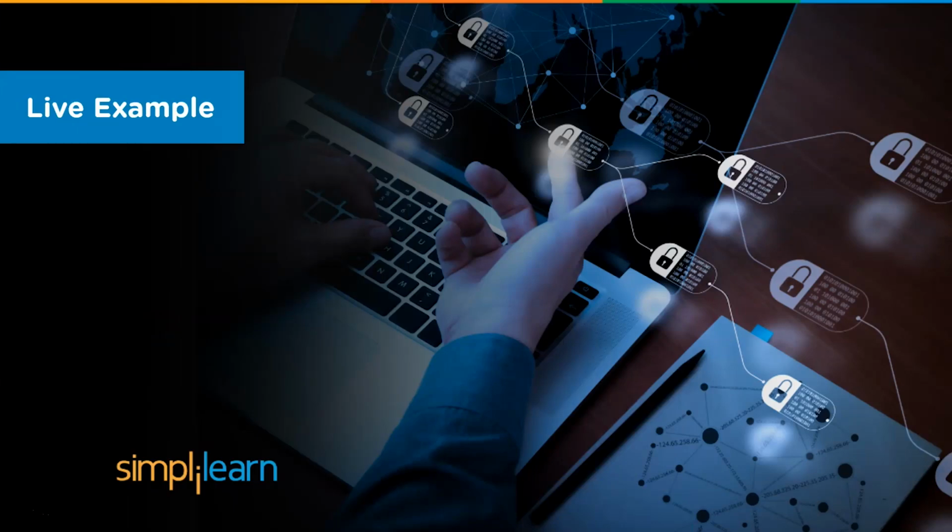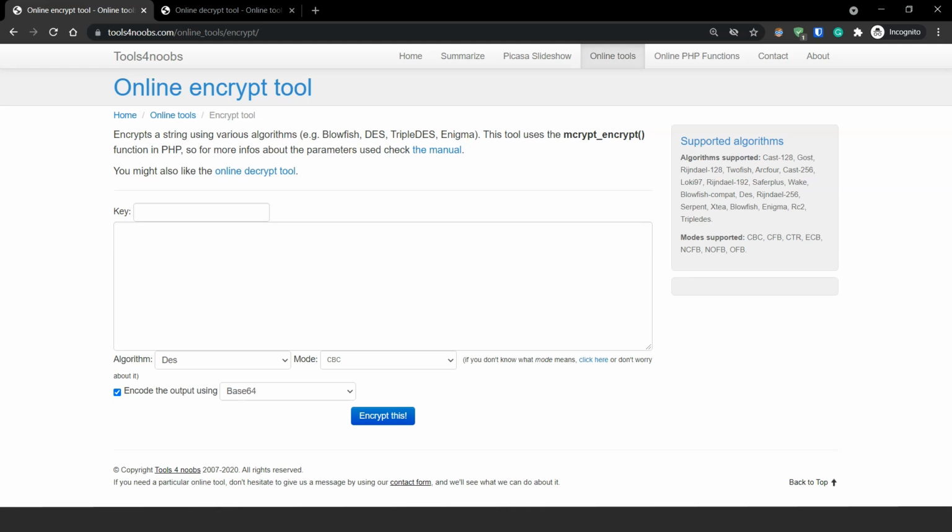To get a better understanding of how these keys and ciphertext look, we can use an online tool. As we already know, to encrypt any kind of data, a key is mandatory. This key can be generated using mathematical functions or a computerized key generation program, such as this website offers. It can be based on any piece of text. Let's say the word is simply learn.